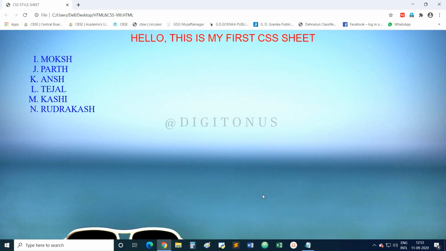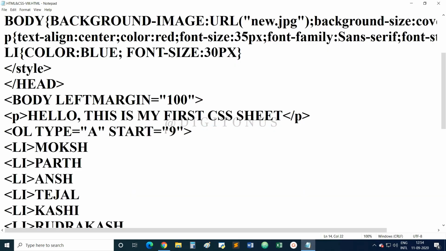Fine. Now a question that comes to the mind of students: sir, if we give 26 here, there are 26 alphabets from A to Z, then what will come after Z?